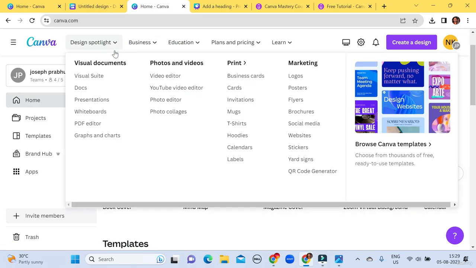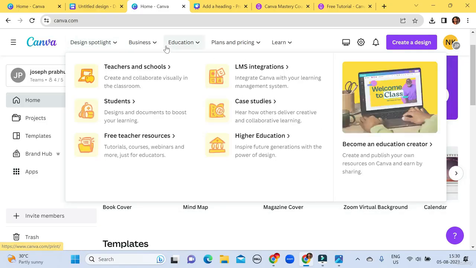And you can see here design spotlight, visual documents, docs, presentations, and video editor, YouTube video editor, photo collage, print, business cards, cards, invitations, mugs, t-shirts, hoodies, calendars, labels. In marketing options, you are getting logos, posters, flyers, brochures, social media, website, stickers, and when you go to